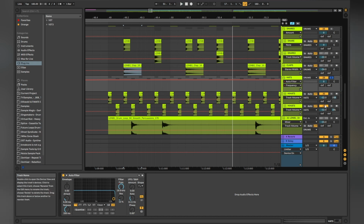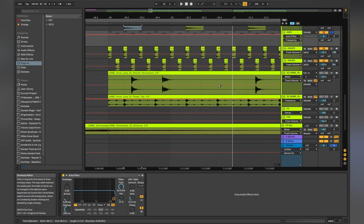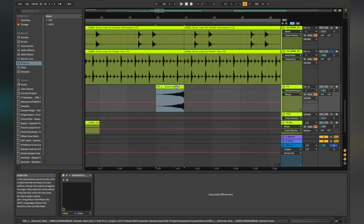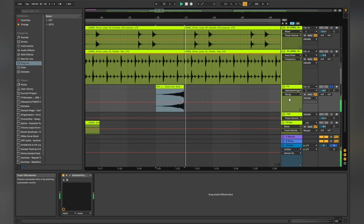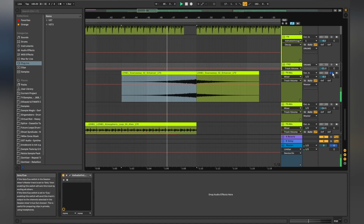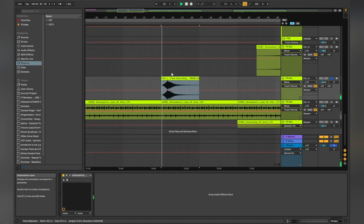Just two separated channels, one on the right, one on the left. I showed you this trick a couple of times on this channel as well. Some percussion loops, some top drum loops, reversed rides just to make this transition between 8-bar loops more interesting, some sweeps for transitioning as well, some atmospheric effects,